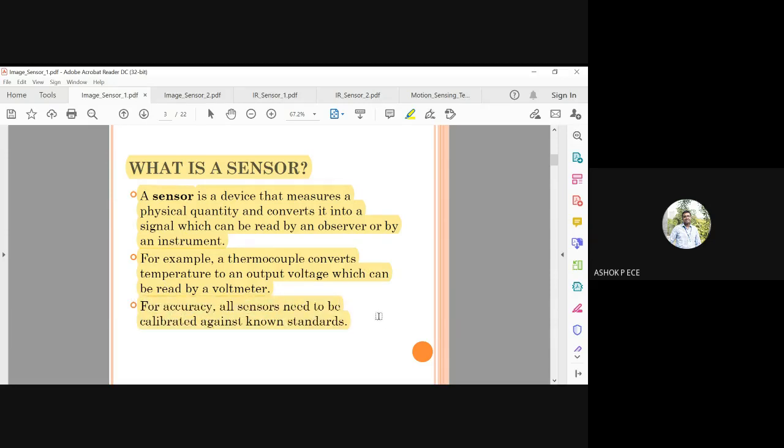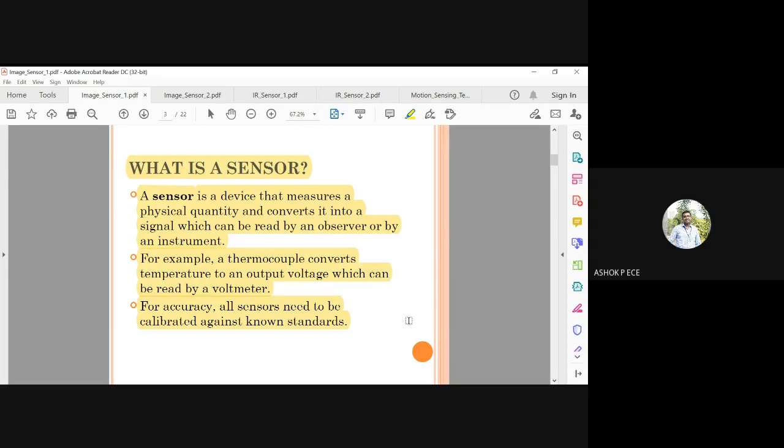So calibrated means once you simply weigh something in the market, they will always ensure that the weight starts from zero. So they will set the zero setting. Correct. Many of you would have seen that in a supermarket when you go and weigh any product, initially they will set the weighing machine to zero, just to ensure that the reading you get from the machine is accurate after you calibrate it.